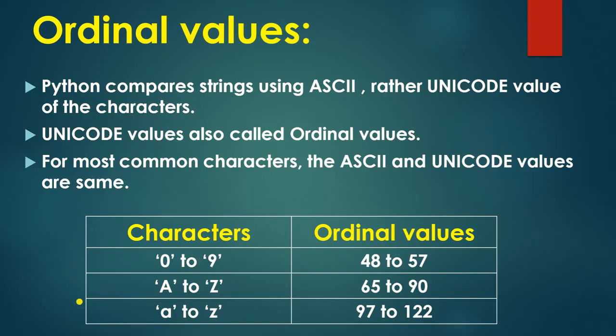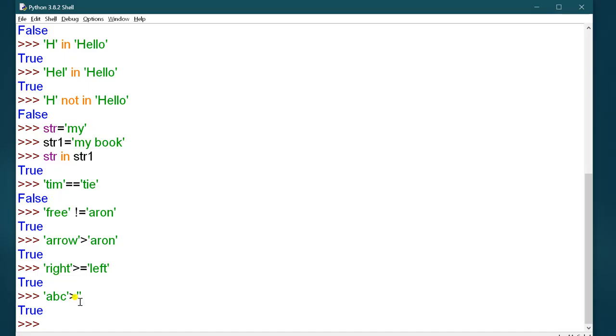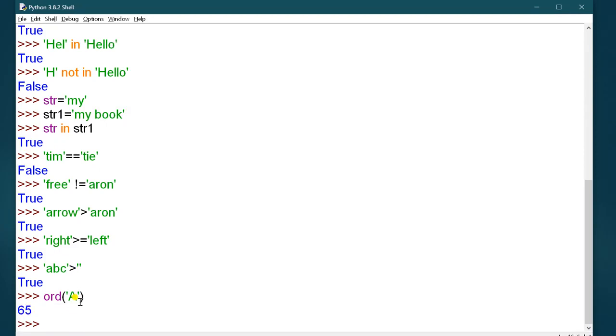Capital A to capital Z, the values are from 65 to 90. Small a to small z, the values are 97 to 122. If you want to check the ordinal value, you write ord in small letters, then write the particular character, and it will give you the ordinal value of that character.